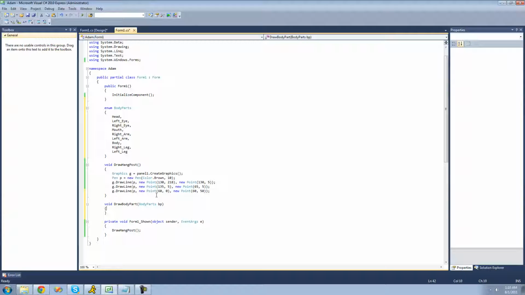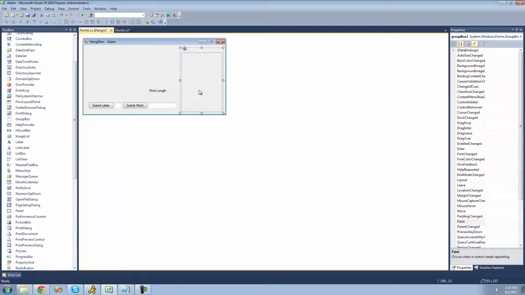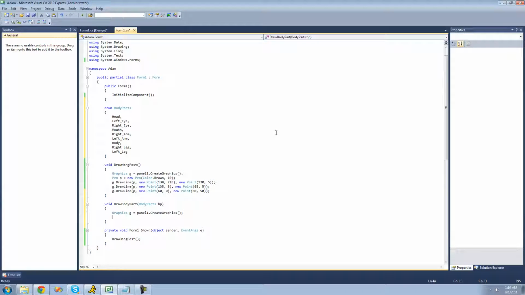Alright, so something that's going to be used for each body part is going to be graphics. So we have something to draw with and a brush. Actually a pen, sorry. And so we're just going to type graphics G and set it equal to panel1.CreateGraphics. And again, panel 1 is just this panel inside of this group box here for our hangman. And then we're just going to want to create a new pen to draw with, so I'm going to call it P and set it equal to a new pen. And I'm just going to make the color that we're going to be drawing with blue,